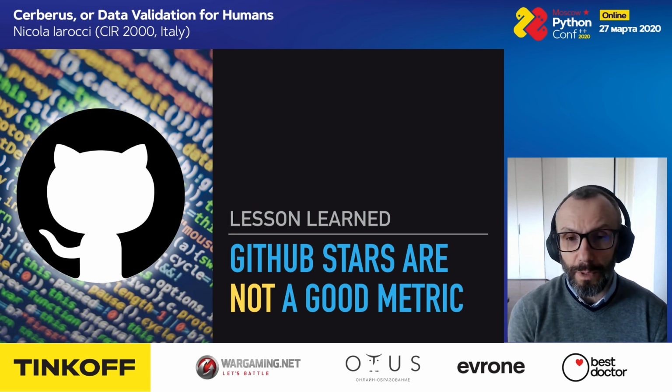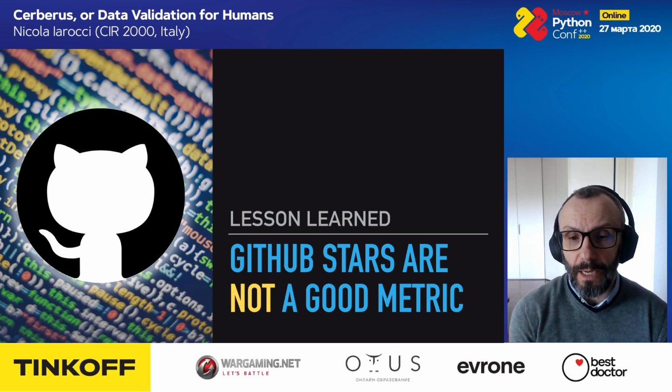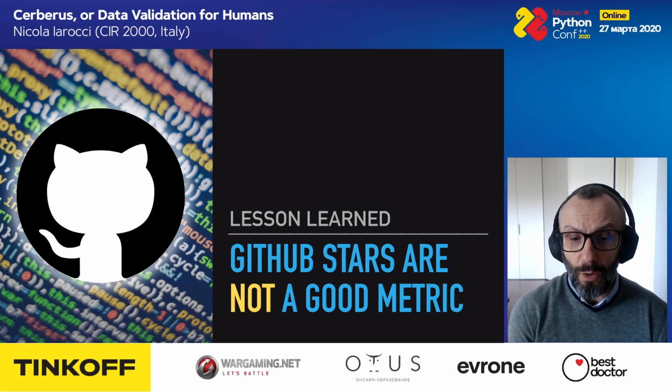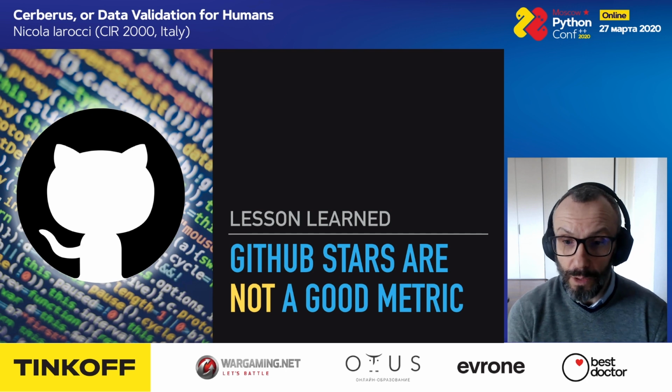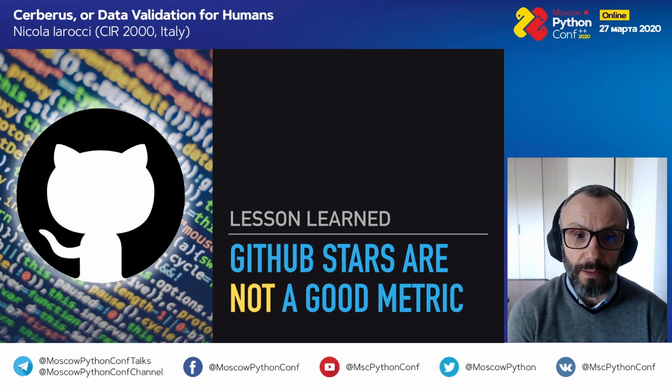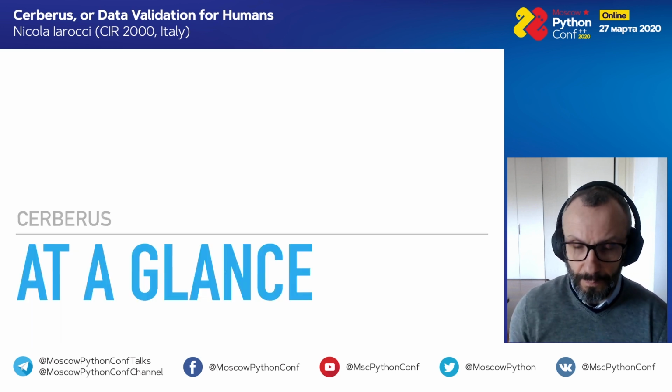There are some super cool projects on GitHub with a relatively low number of stars, but still the adoption rate is probably much higher. On GitHub there is a graph, I don't remember what the name is, where you can see how many projects depend on the project itself. Of course, that's not the whole story, because you don't see the closed projects data there, but it is probably more relevant than just the GitHub stars.